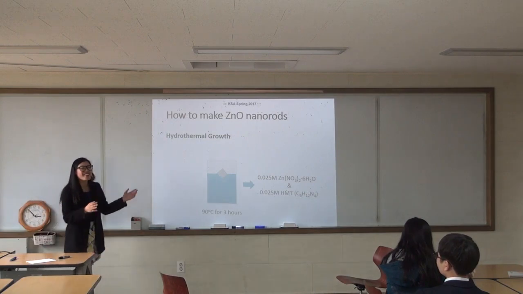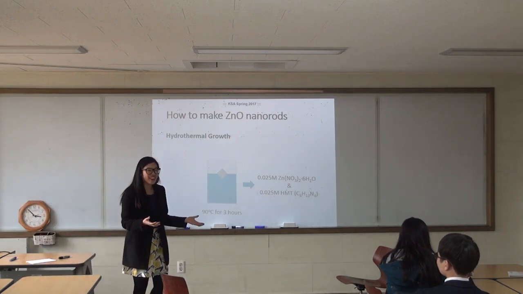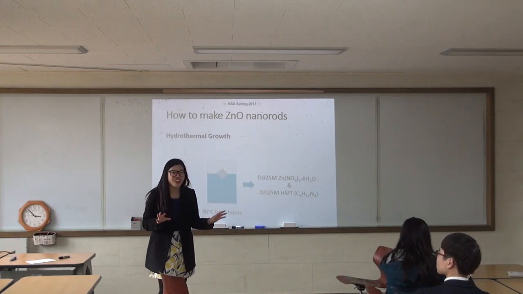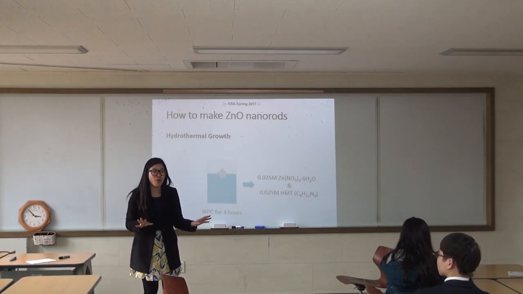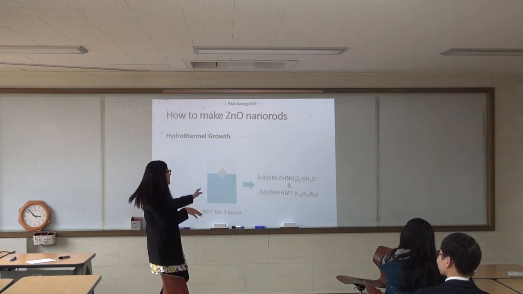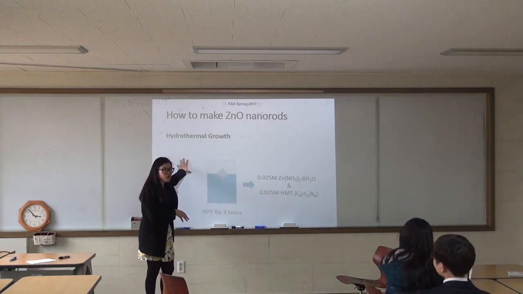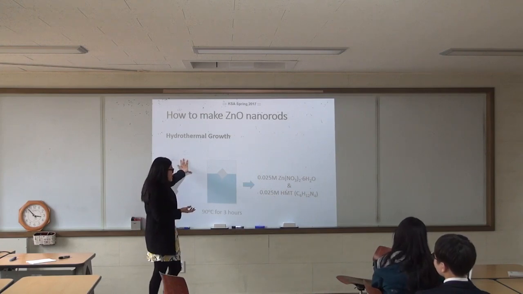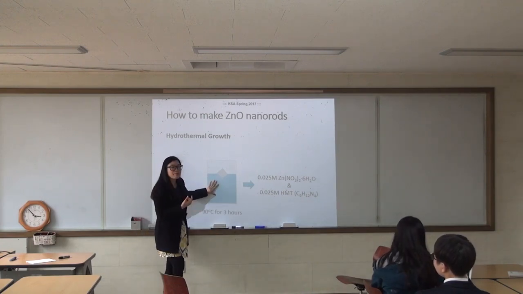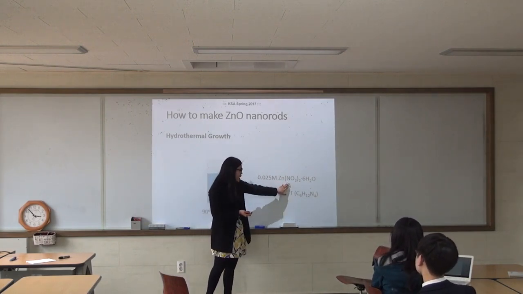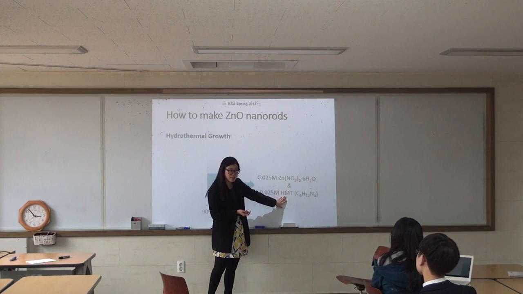So, okay, now we come to the part of how I synthesize my zinc oxide. It's a very common and simple way to synthesize. Actually, you can try it later. It's just hydrothermal growth in aqueous solution. For my starting materials, I use zinc nitrate hexahydrate and hexamethylenetetramine as the starting material for zinc